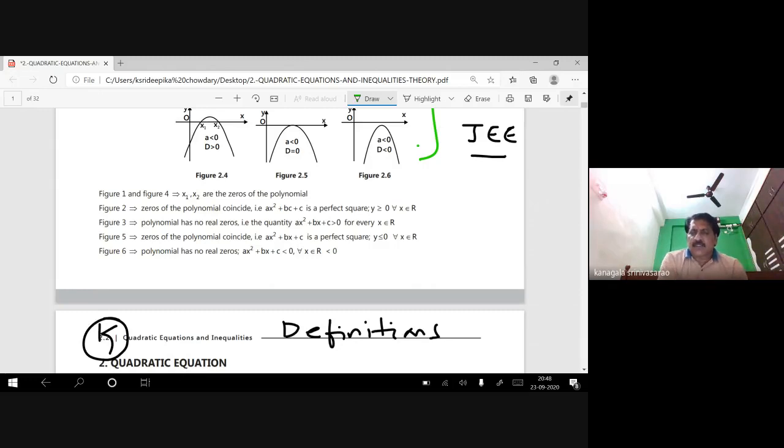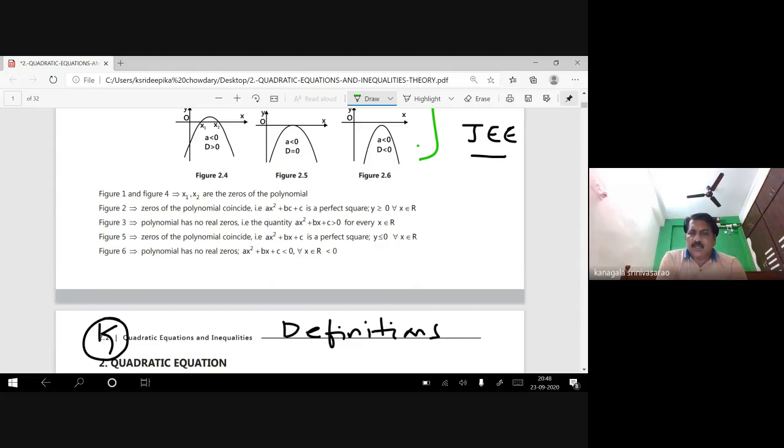If the equation is second degree, there must be two roots: two real roots, or two complex roots. Maybe so many categories are there. If the power is 2, two roots are there. Categorization we will discuss later.